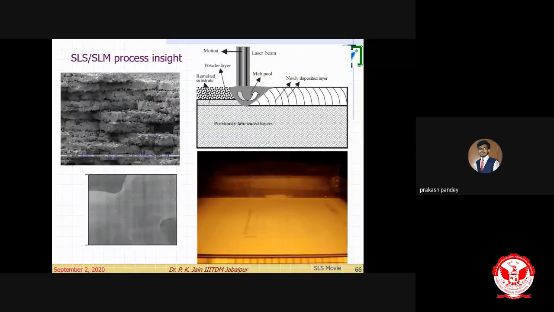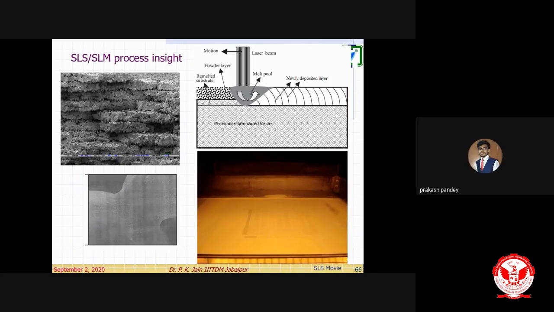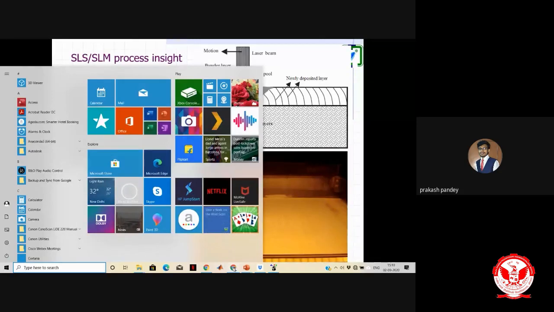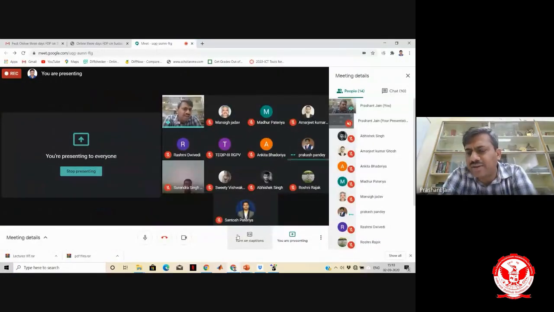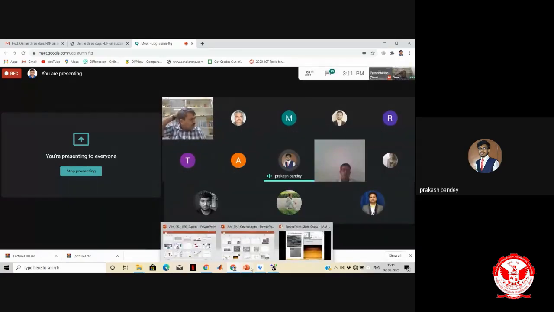Sir, how could this be removed if the nozzle is that thin? If we suppose this is the drawback of 3D printing, sir, am I audible? Hello. How could this be removed? You were telling that the displacement of the material from the nozzle is very thin. So how could we overcome this if we have to extrude any material, or draw any part which has more thickness? At that time, what could we do, and how could the nozzle design be improved?